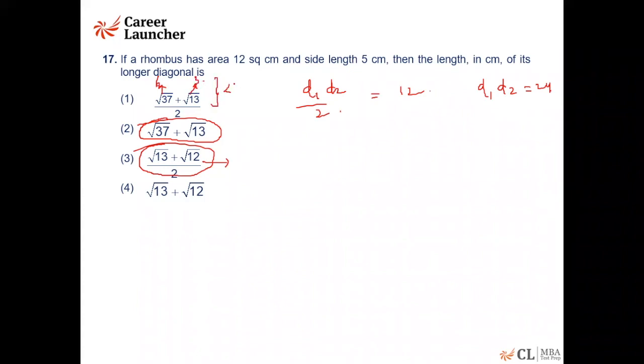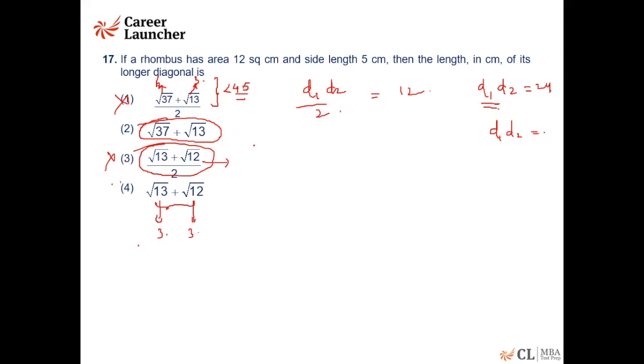This answer is less than 4.5. And we know that the larger diagonal has to be greater than 4.5, because if D1 and D2 are both equal, it will be around root of 24. But if D1 is longer than D2, obviously it's got to be probably more than 5. So this couldn't have been your answer. Similarly, if I take this expression, this is 3 point something, this is also 3 point something. So it wouldn't have been these two, obviously.